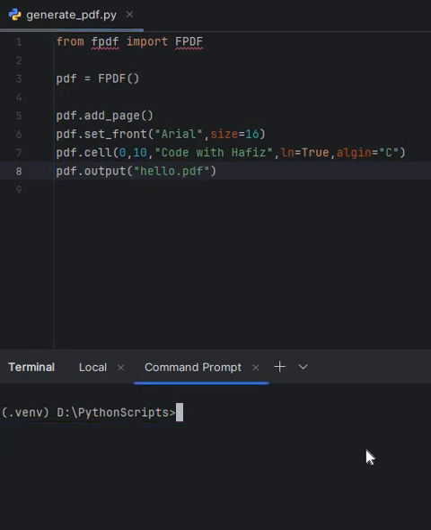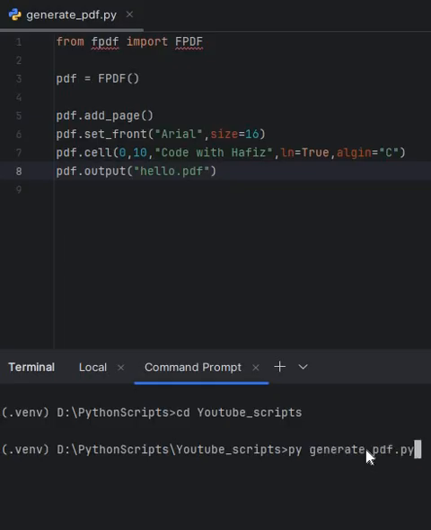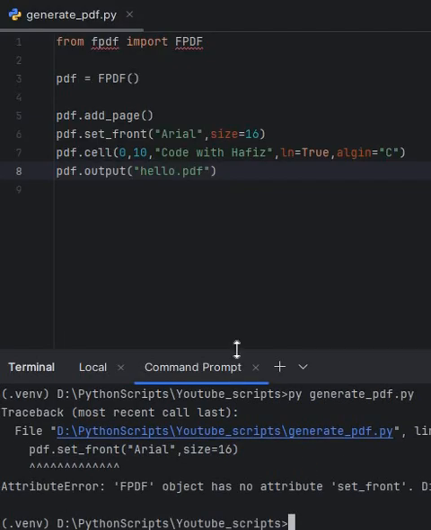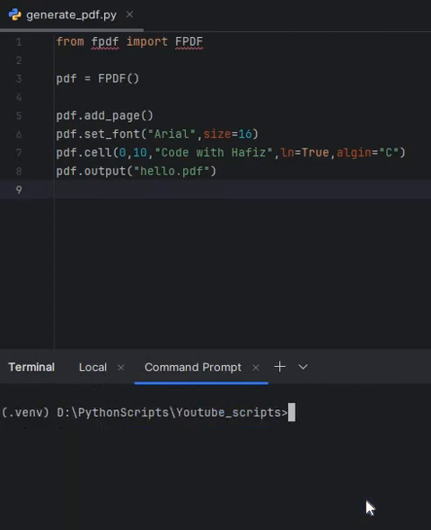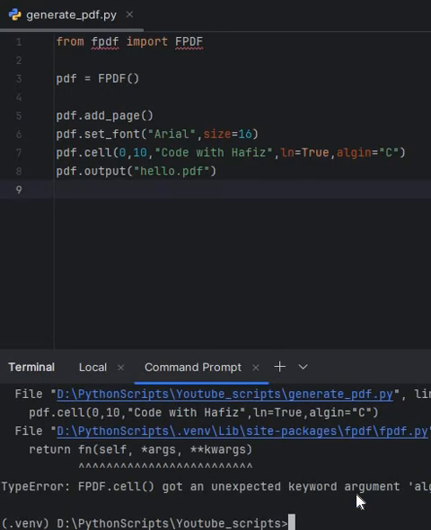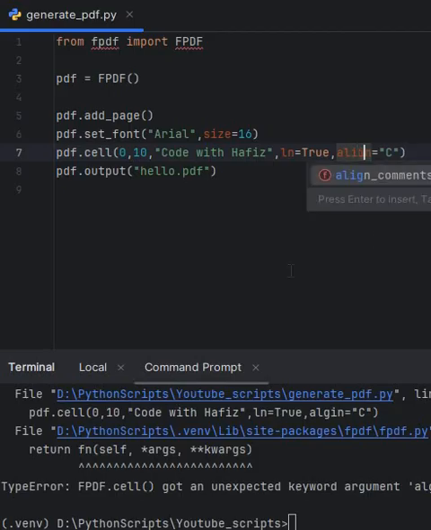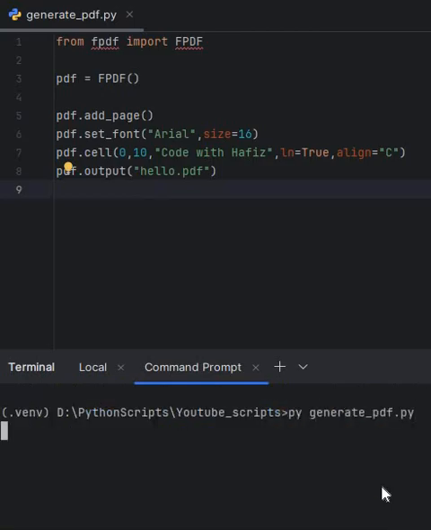Save the code, and if I run generator pdf.py, as you see I am getting an error due to this line. This is set_font, just update set_font, clear the terminal, run the code. So this will be a line. Make sure the spelling is okay. So if I run now, you will see